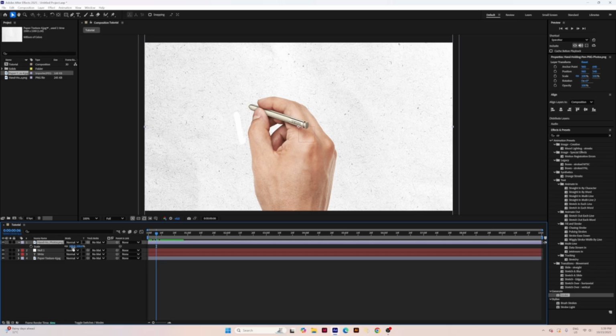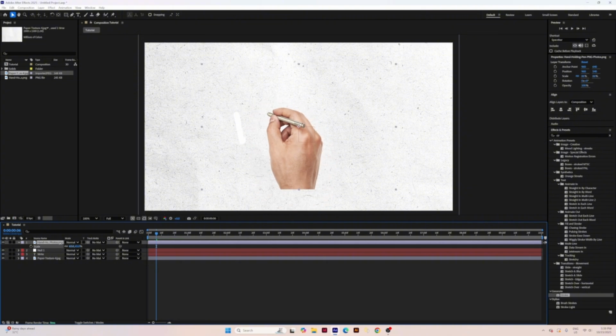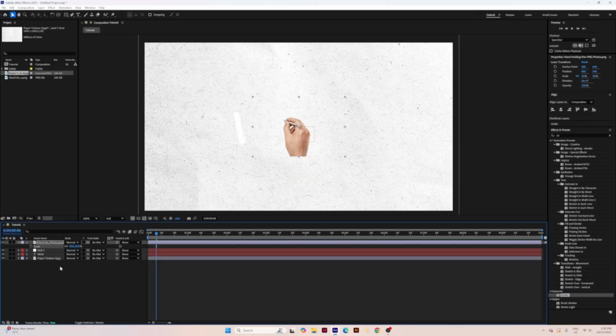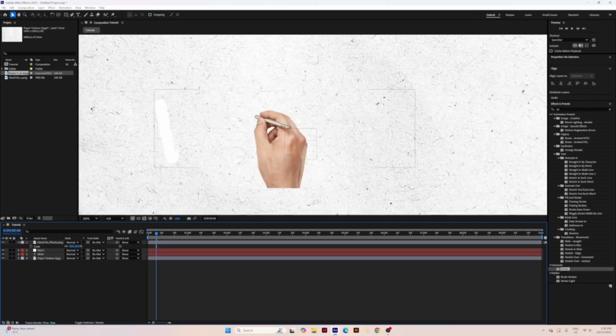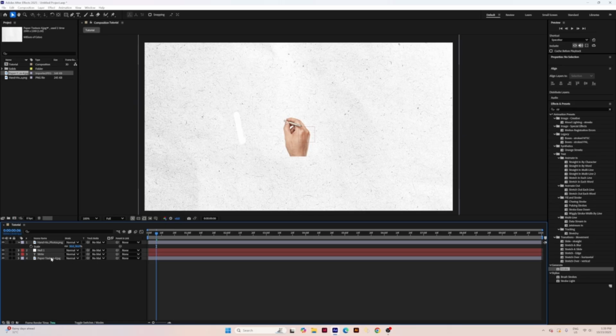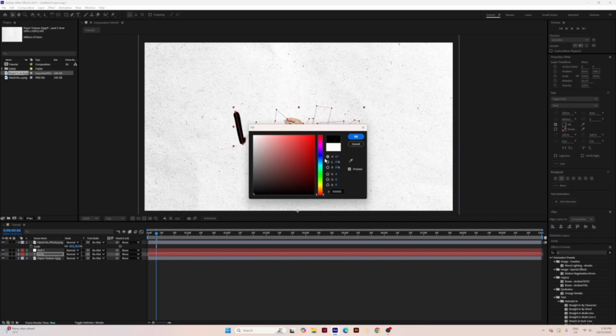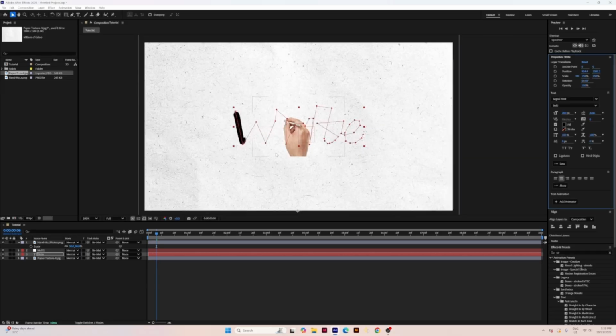your hand might be big. So in order to shrink it down, just press S in the hand holding a pen photo, then just scale it down. So I'm going to say 30. Then yeah, the 30 looks good. And let me just change the color to black, you know,